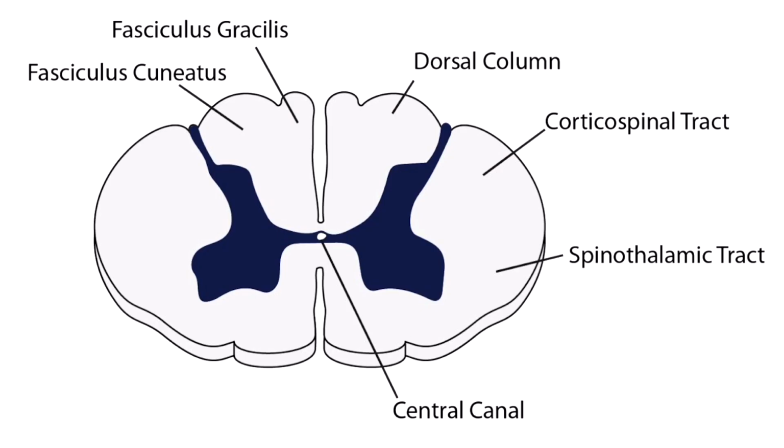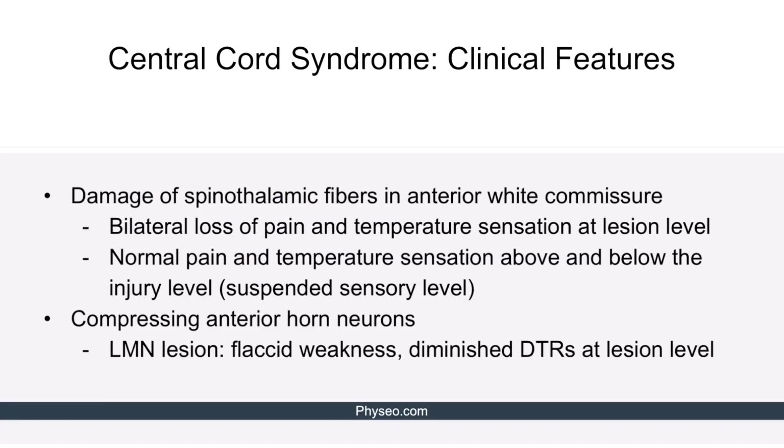Here's a cross-section of spinal cord. In central cord syndrome, this region is involved. This results in damage of spinothalamic fibers in the anterior white commissure and the anterior horn cells. The clinical features of central cord syndrome reflect what is damaged among the structures of spinal cord. So, damage of spinothalamic fibers in the anterior white commissure results in bilateral loss of pain and temperature sensation at the lesion level. These sensations are normal below and above the lesion level, which creates a suspended sensory level detected